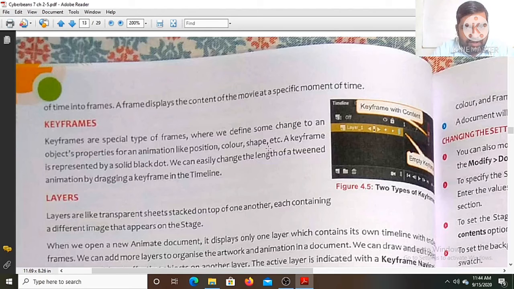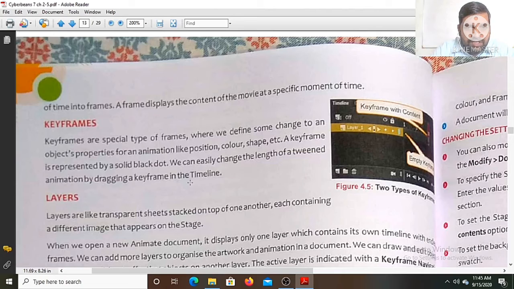So many things we can do. Not only color, we can change the shape also. We can change the position also. After 2 seconds we'll move the position of this ball from the left corner to the right corner, and in 2 seconds it will travel this distance. When it reaches here, we will change its shape, from a circle to a rectangle, and some other things.